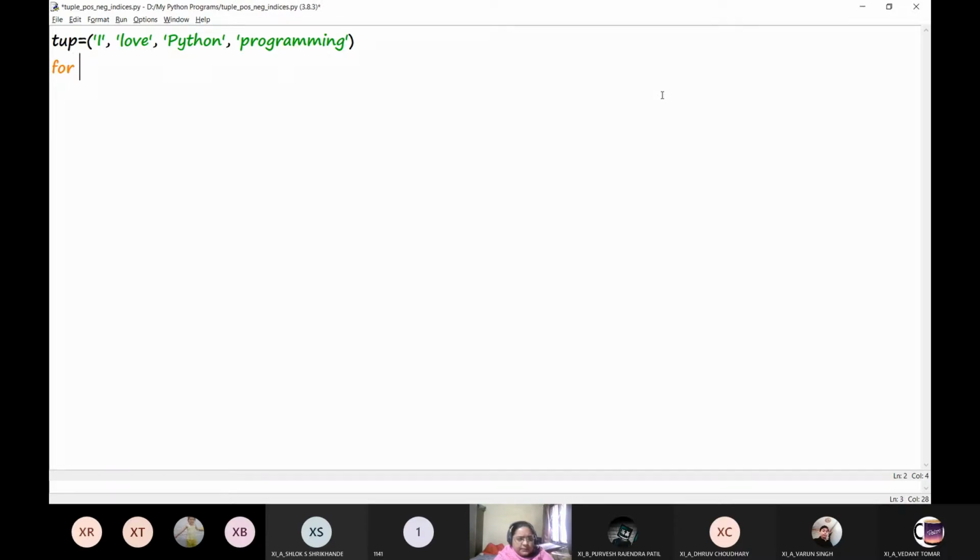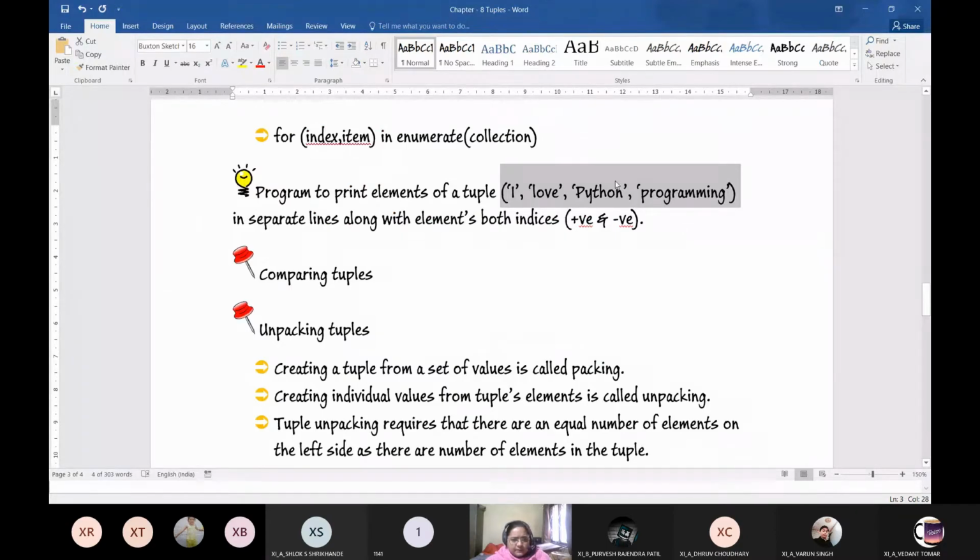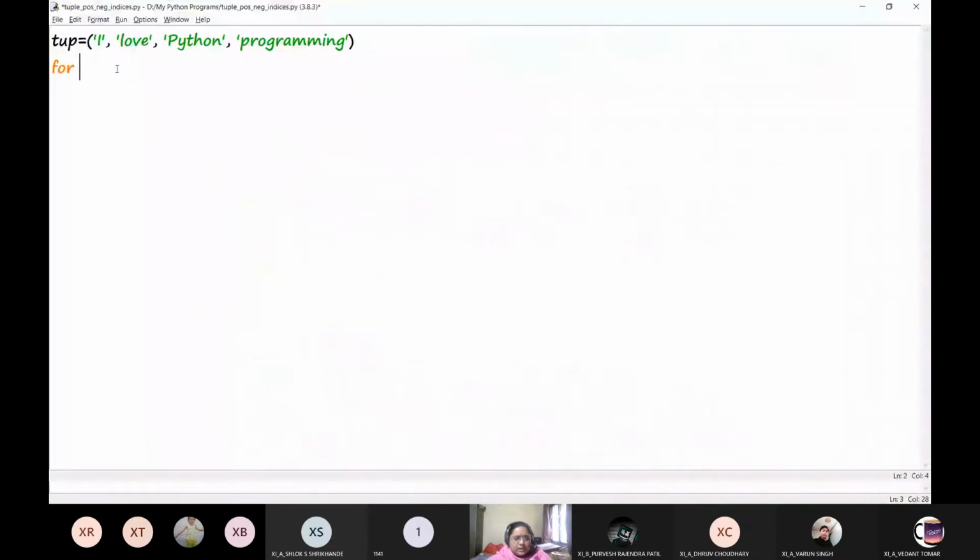This question also involves the indices, positive or negative. Now, as I told you before, you have to write the documentation of your program, which I am not repeating here because I want to utilize as much time as possible, right? But whenever you write a program in the copy or in your assignment file, you will always write it using documentation, that is a block comment.